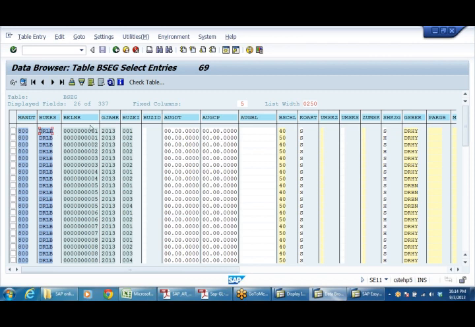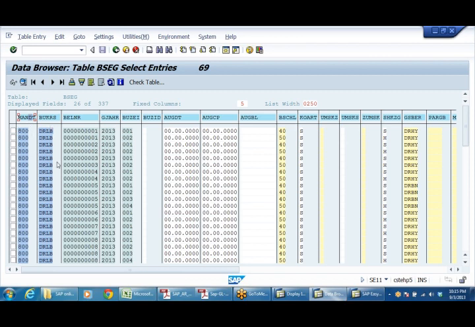DRLB. BELNR means document number. This is debit and credit, two line items. So this is 888, and here you can see the year. All these technical names are written on the top. MANDT, right?